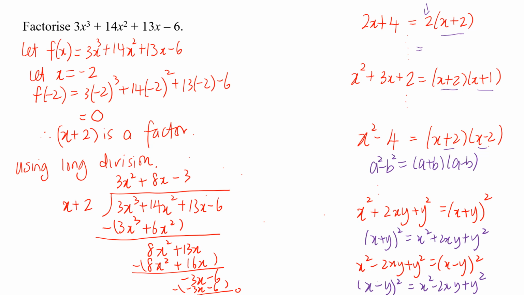Yeah, I get remainder 0. So happiness is when you get remainder 0, then you know you have done it correctly. Alright, so therefore your f of x can be factorized into x plus 2 and a quadratic